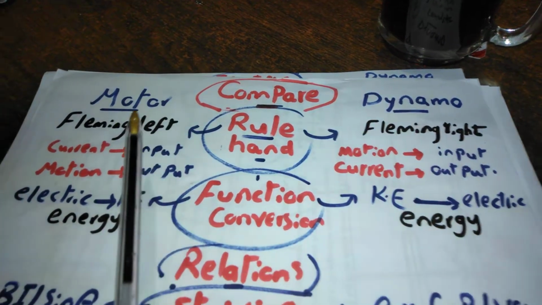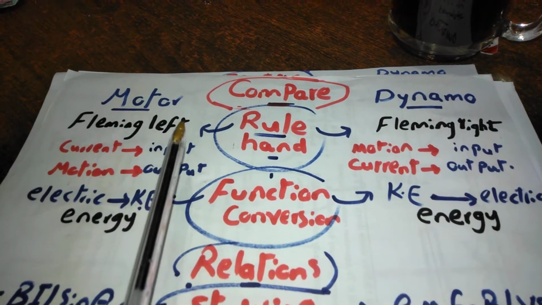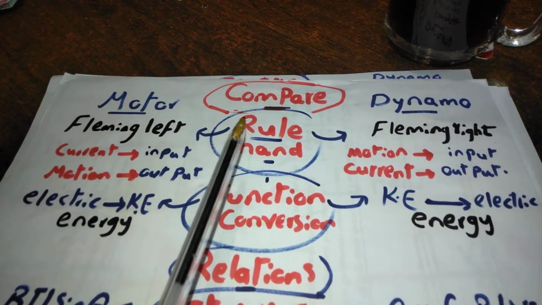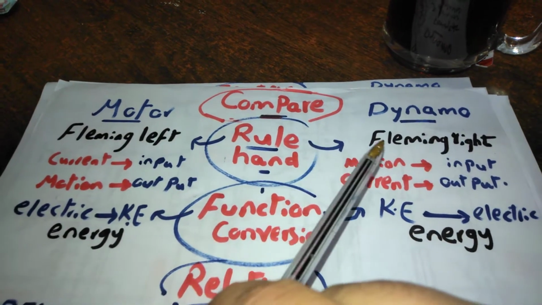As for motor, we study it in terms of Fleming's left hand rule, while we study dynamo through Fleming's right